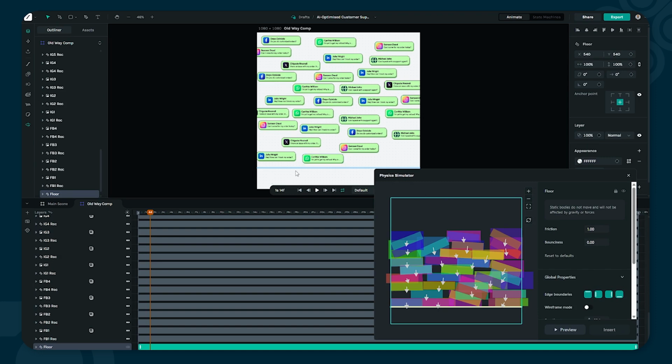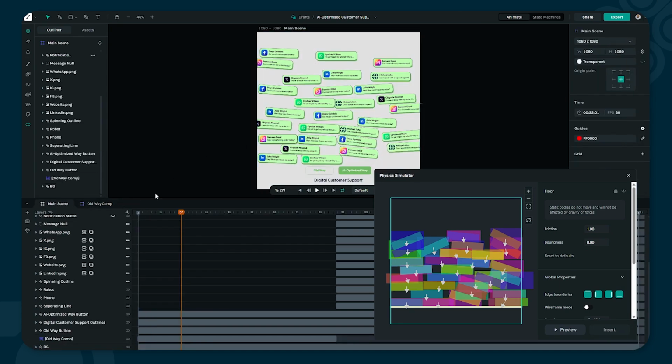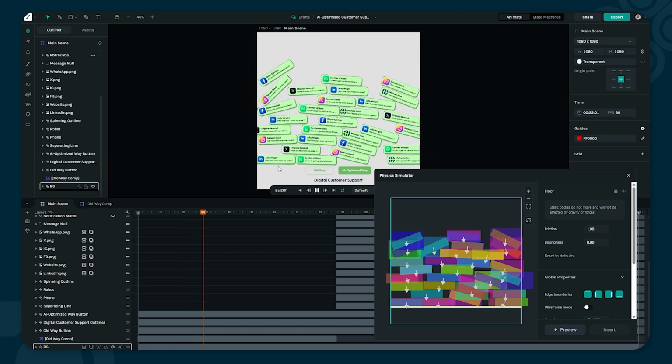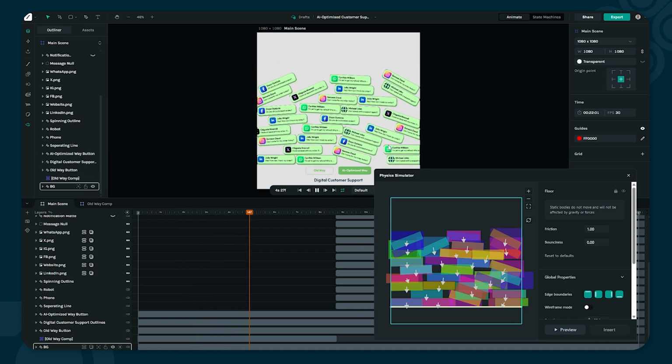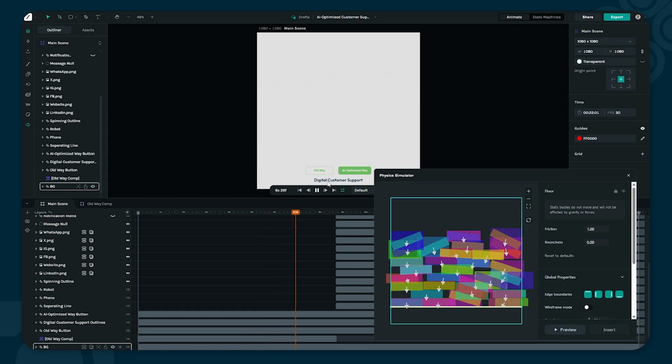It's going to essentially act as a floor for all of the layers that are above it. So that's how I made my notifications not fall on the buttons that I've created, the button and the title of the animation. So that's how I've done that for the physics simulation. If I play this, you notice the floor is there. The objects are acting on the floor and they are not going beyond the floor, but the floor is not